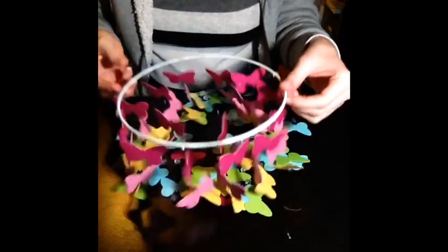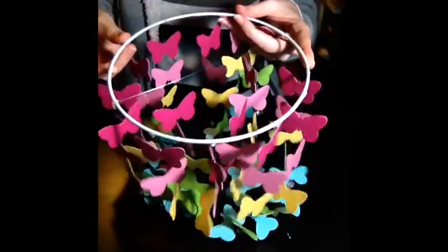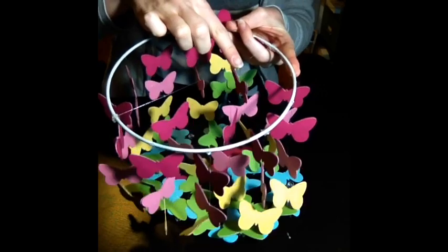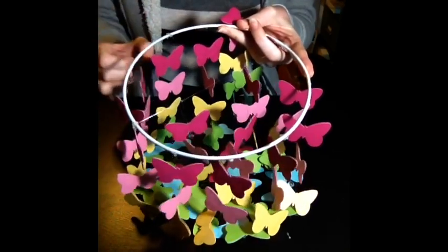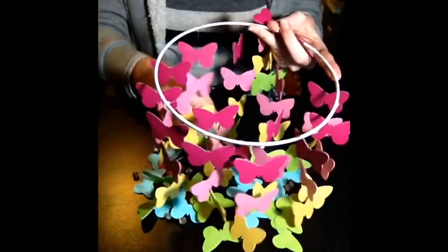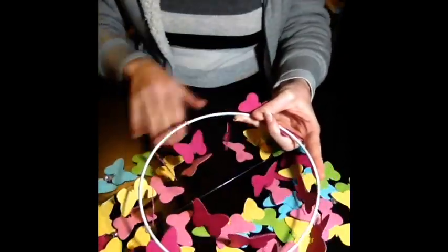So here we are. I have the whole outside done, and if you look through the top, maybe you can see I've got 3 of the inside strands done. So I have this one to do next, so I'm going to show you how I do this next inner layer of butterfly strands. So lay it here,